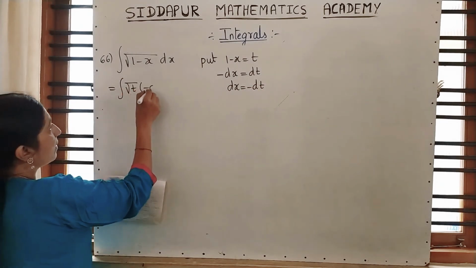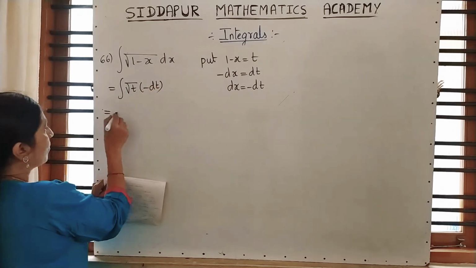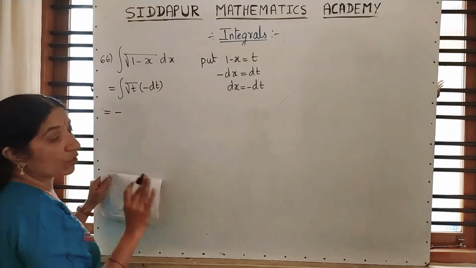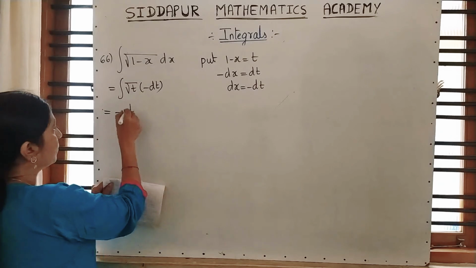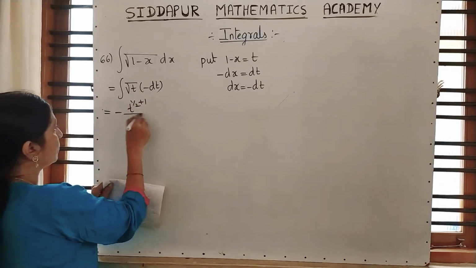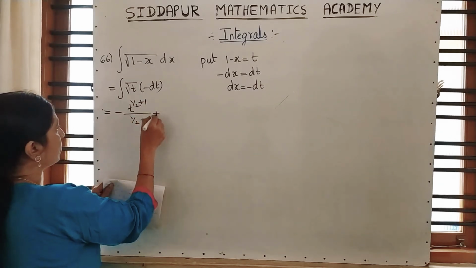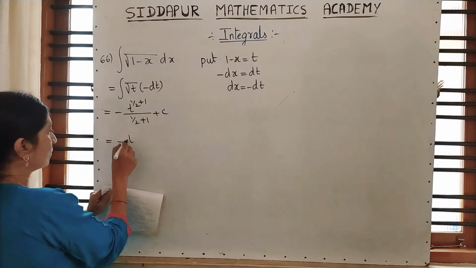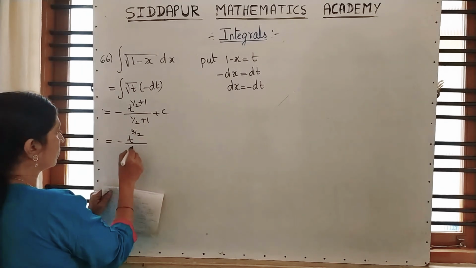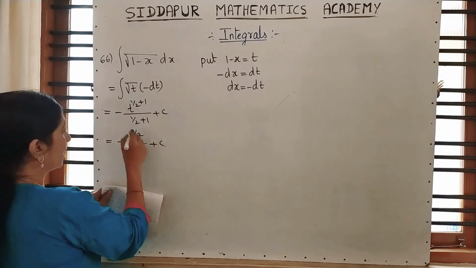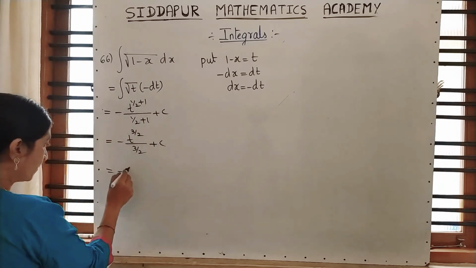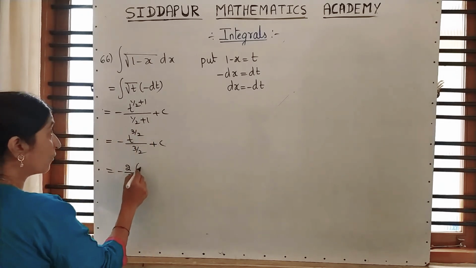Root t minus dt. Minus outside. Root t will be what? t raised to half. Take that 3 by 2 in the numerator. Minus 2 by 3. t value is